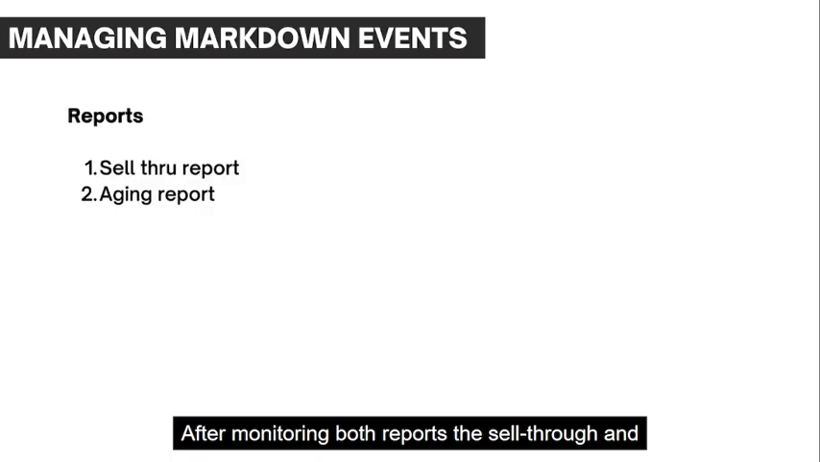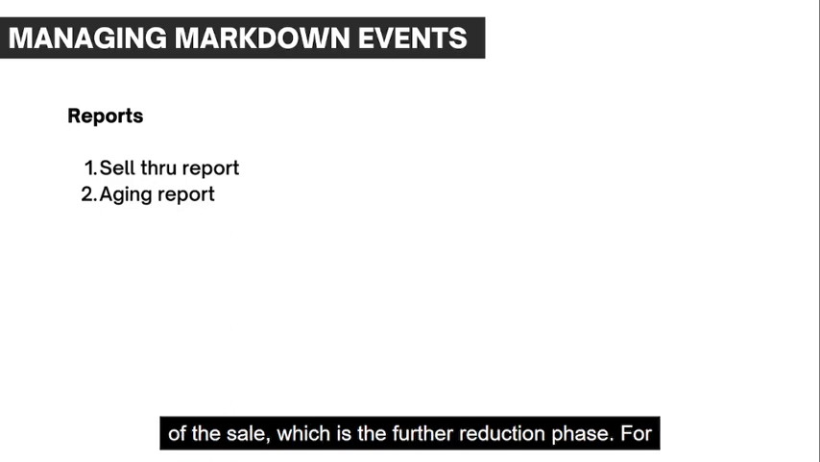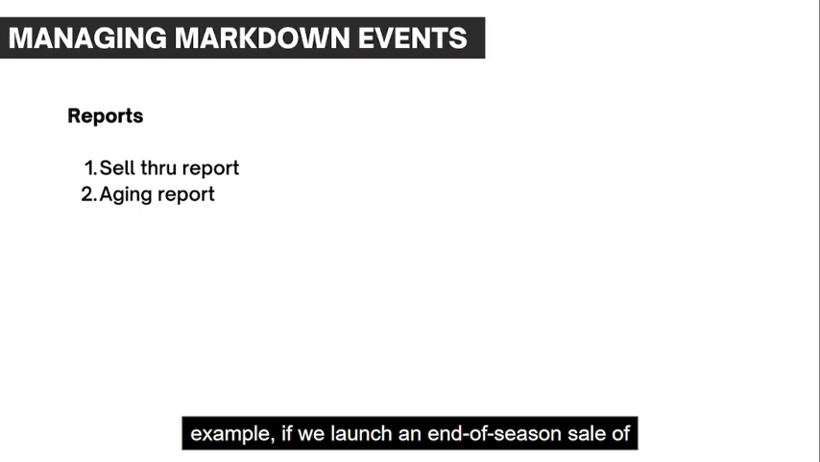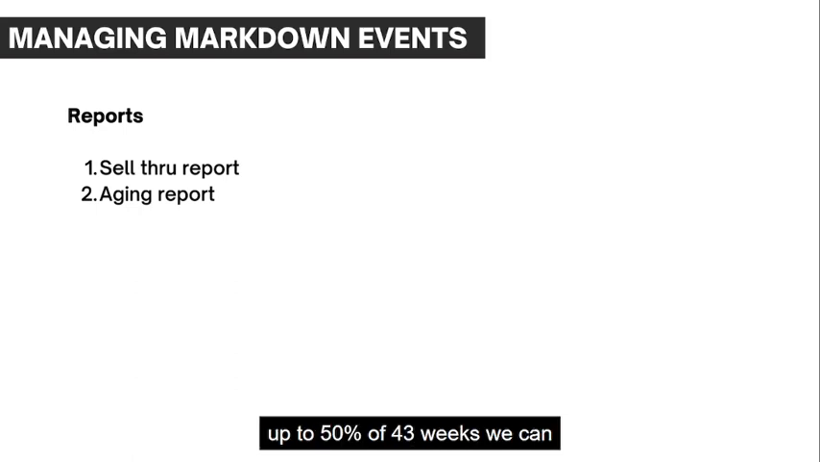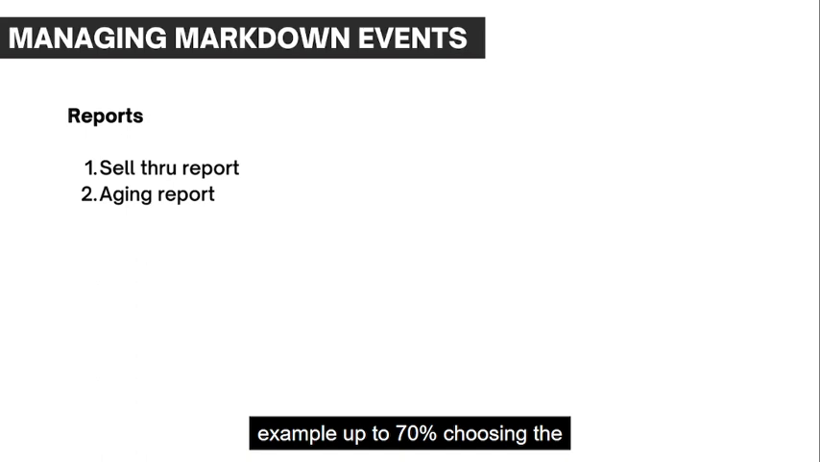After monitoring both reports, the sell-through and aging, we can then start making decisions on the next phase of the sale, which is the further reduction phase. For example, if we launch an end-of-season sale of up to 50% off for 3 weeks, we can run up to 50% for the first 2 weeks, and then the last week will be further reduction, for example, up to